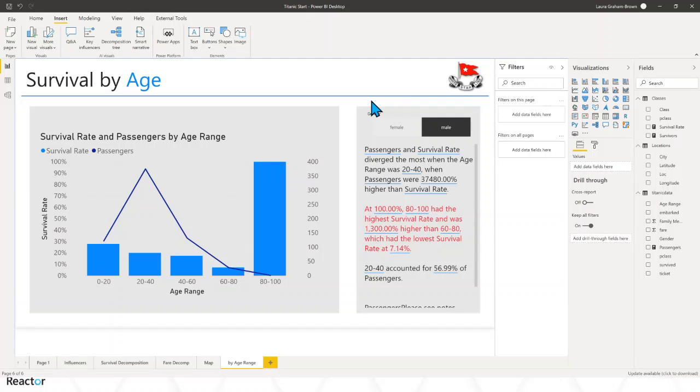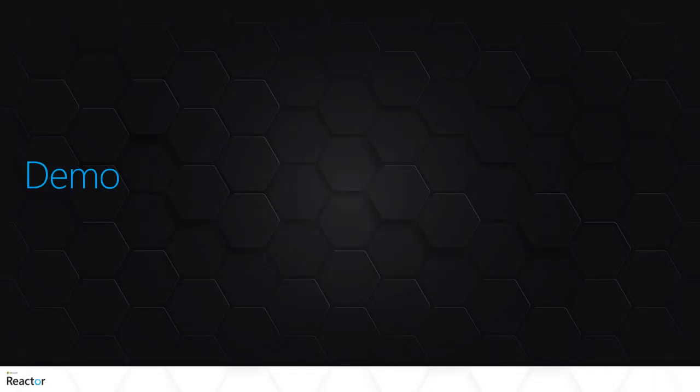I will be posting a copy of this particular PBIX. I will put up the starter version of how I started and the final version, kind of like it is now, as two sources. Coming back to our presentation, Microsoft are really good at producing their documentation and things to go with,